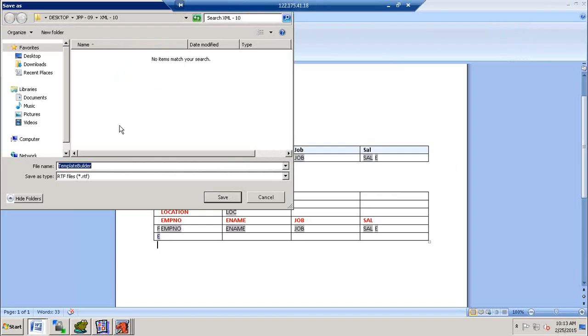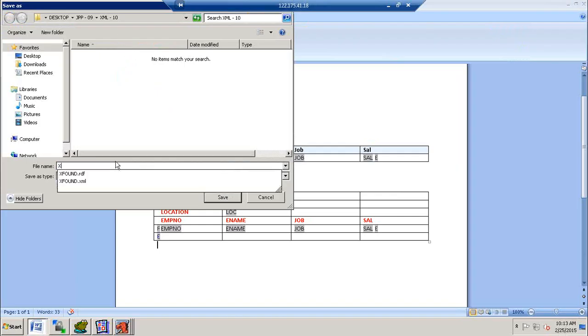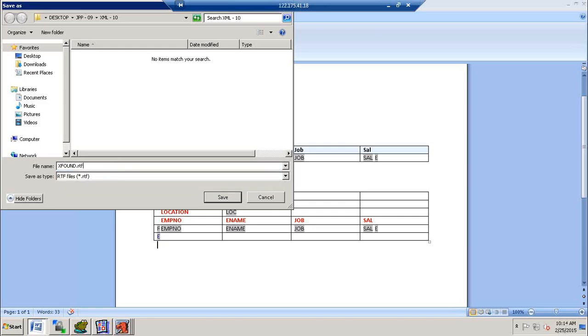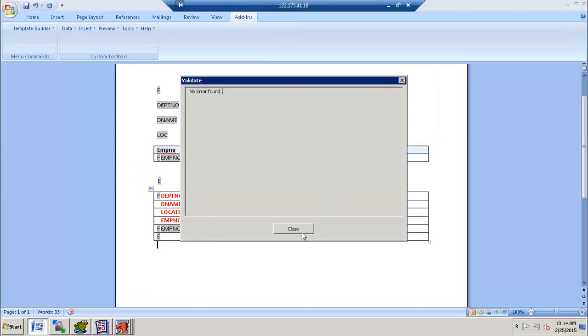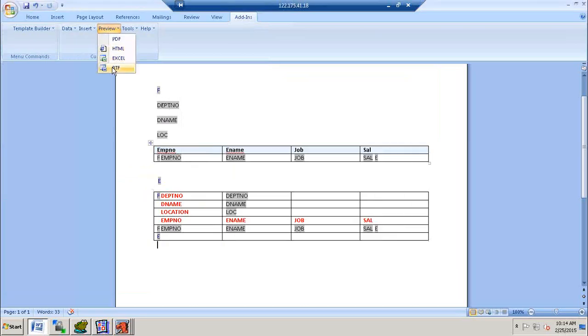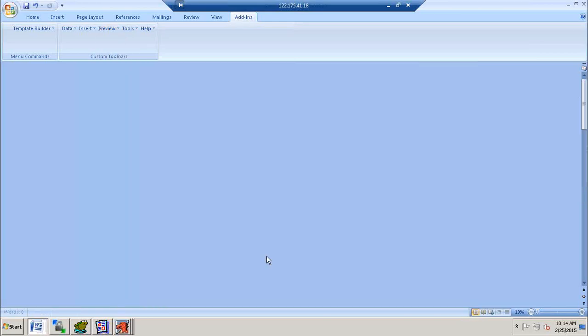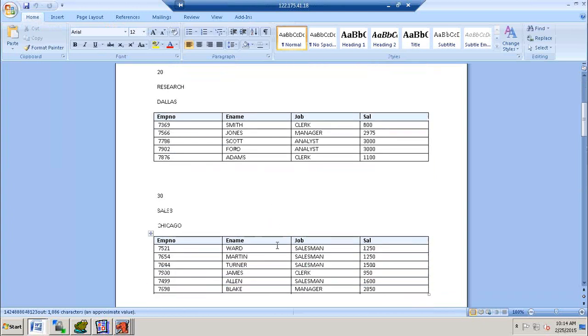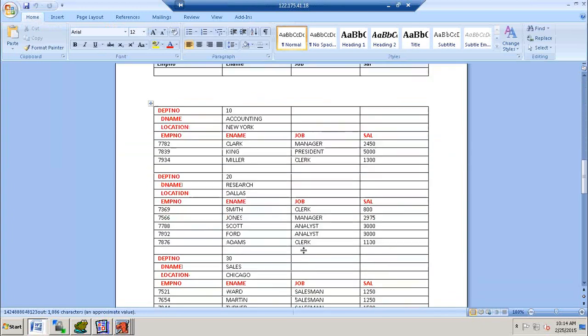If you want to validate the report, we should save with RTF, rich text format, and then we don't have any errors. Now we are able to see the output of our report. So this is the general one, this is ours. Okay, so here